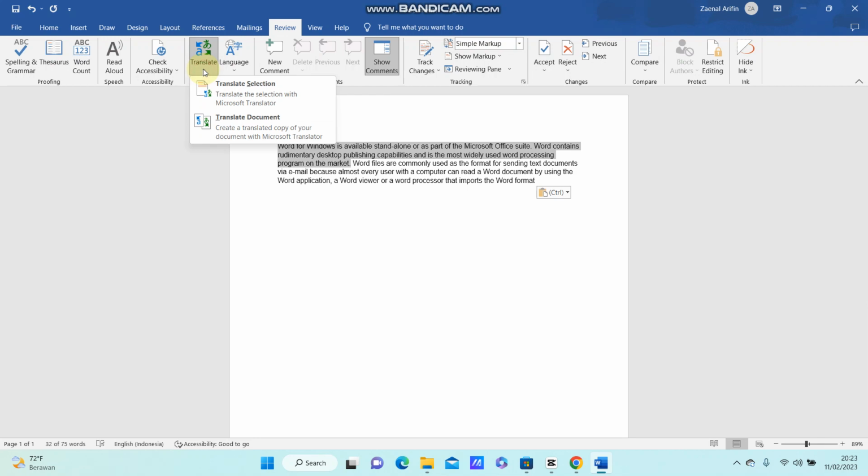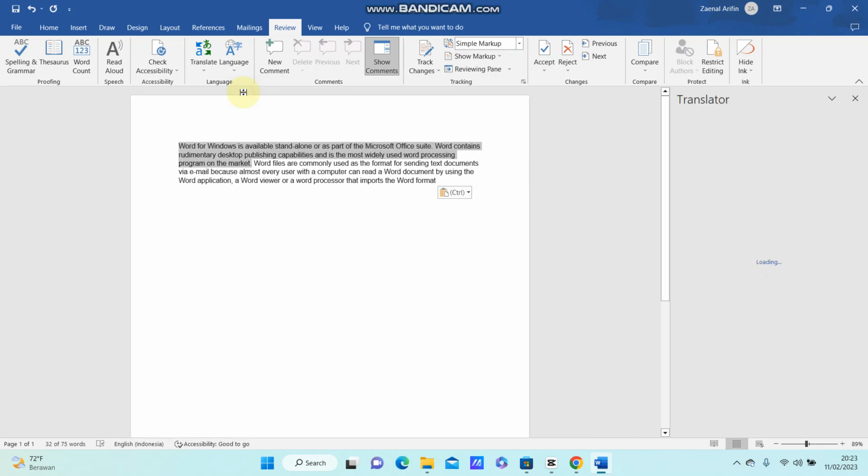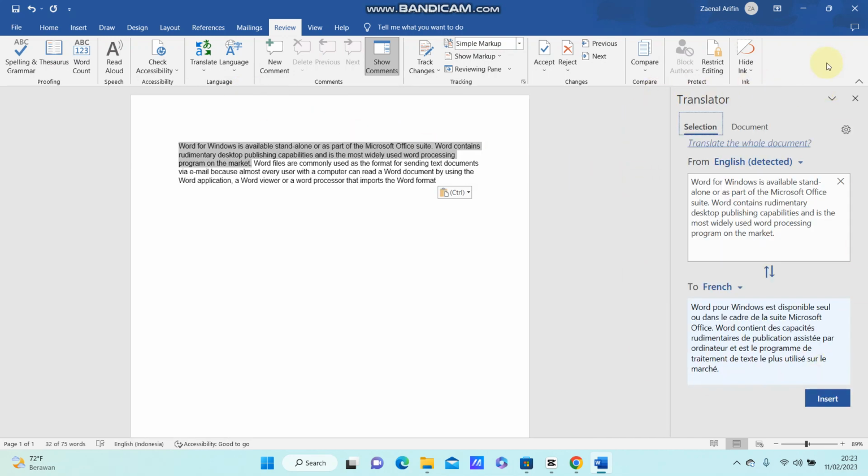So there are two options. This is for translating one document, and this is for the selected sentence. So I'm just going to select Translate Selection, and you can see on the right, you can translate to